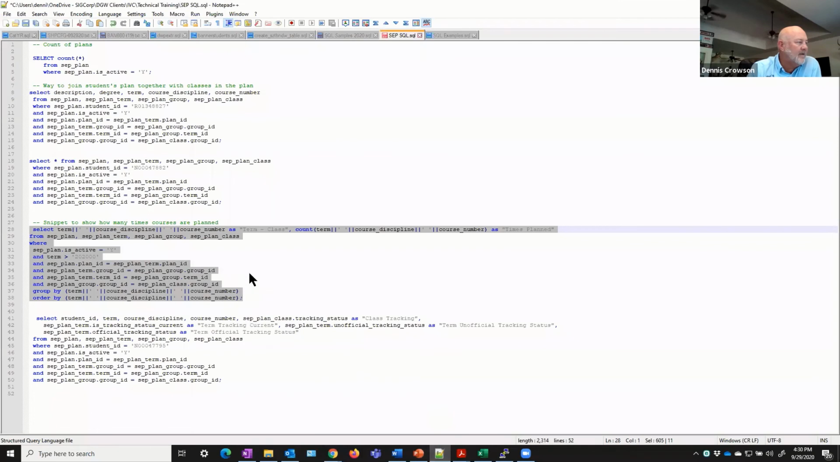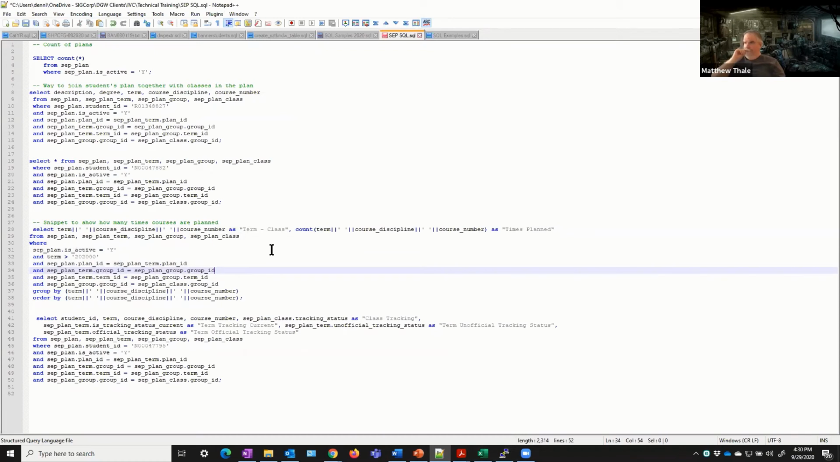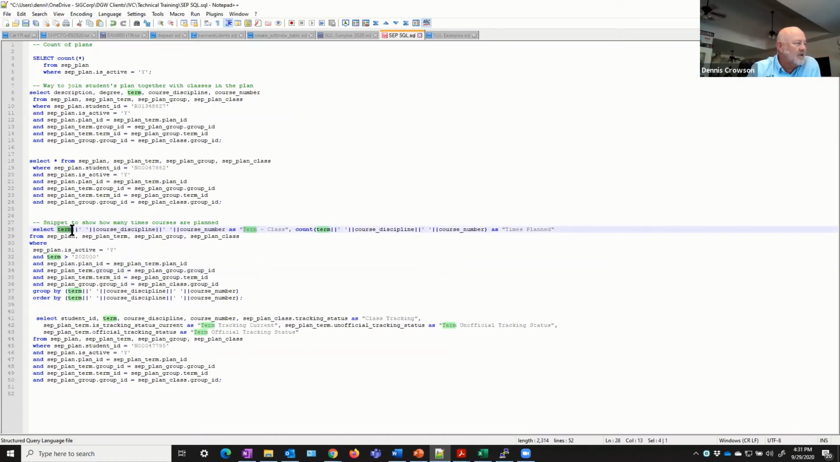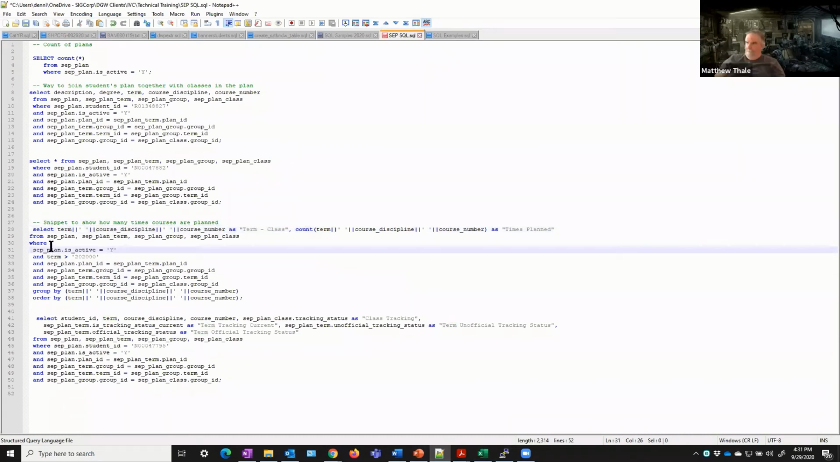And I've got that in. I'll just copy, I'll run it through DBB here. It kind of shows you. So I took that same thing and I said, I want to display my term, and I want to select the course, how many times it was taken. So we take plan, plan term, plan group, and plan class, tie them all together,